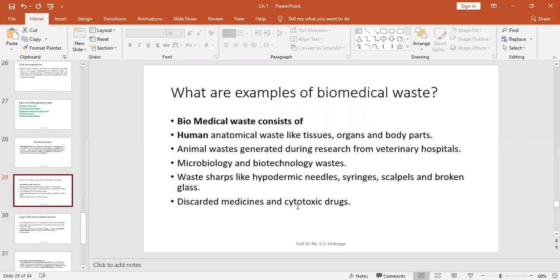What exactly is included in biomedical waste? We will discuss that here. First, human anatomical waste like tissues, organs and body parts. Are you getting it? Human anatomical waste like tissues, organs and body parts. Then animal waste generated during research from veterinary and hospitals. Though we are human beings, we are supposed to think not only about the hospitals and diagnostic centers prepared for human beings, but also for the